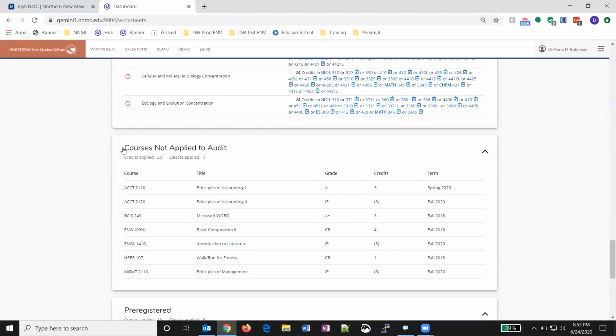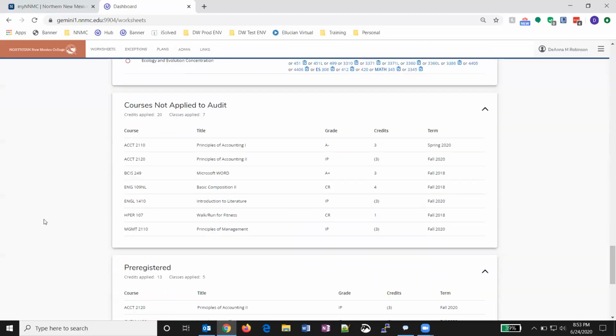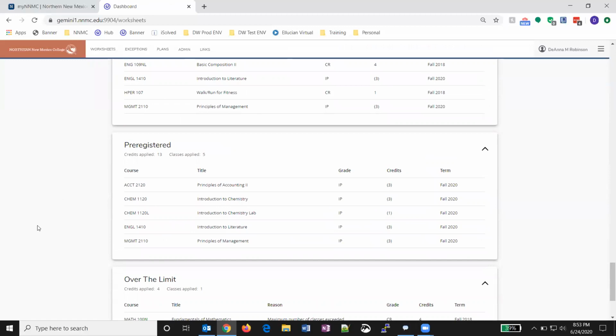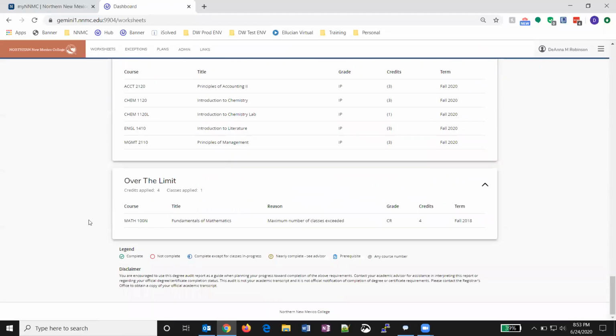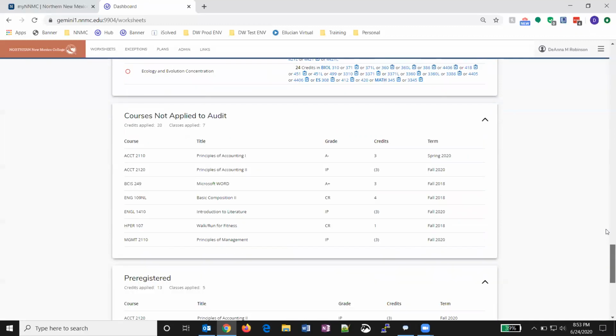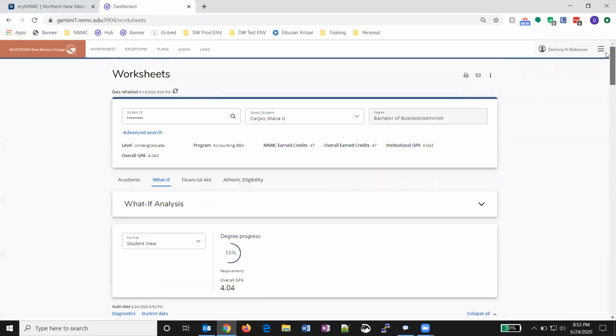Now, the courses not applied to audit. We see those principles of accounting courses, Microsoft Word, principles of management, because those are business courses and don't apply to the biology degree. They will not be applied to the biology audit. We still have the pre-registered courses and we still have the over the limit here. And once again, the legend is here on the bottom. If we scroll back up,